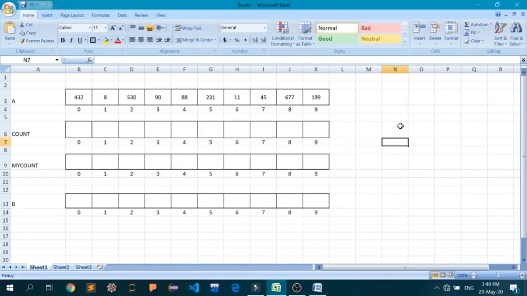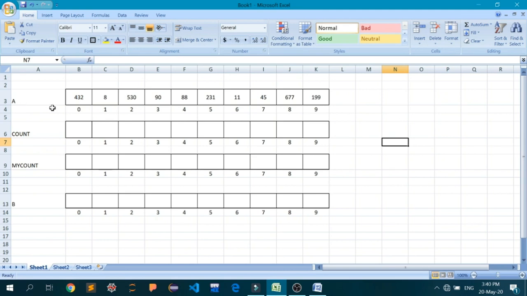Okay, so I have a new array here, and we are going to sort this particular array called A by the use of radix sort, and radix sort in turn will use counting sort again and again.